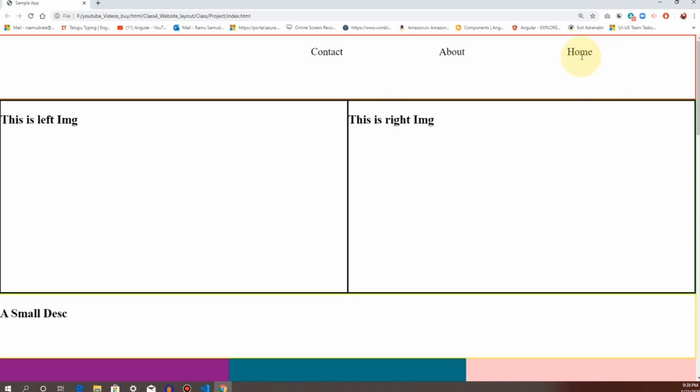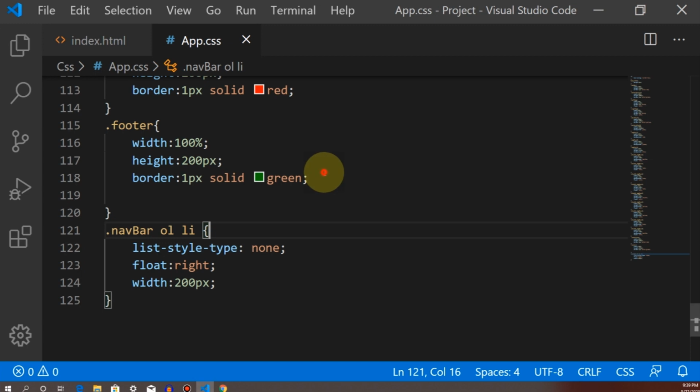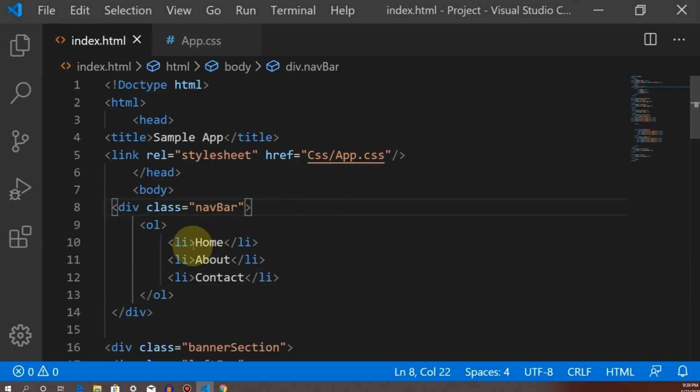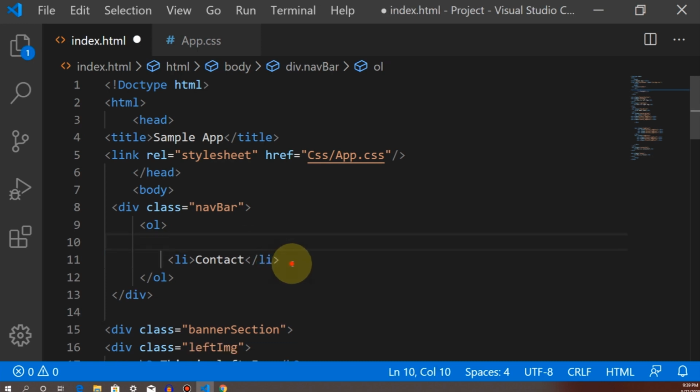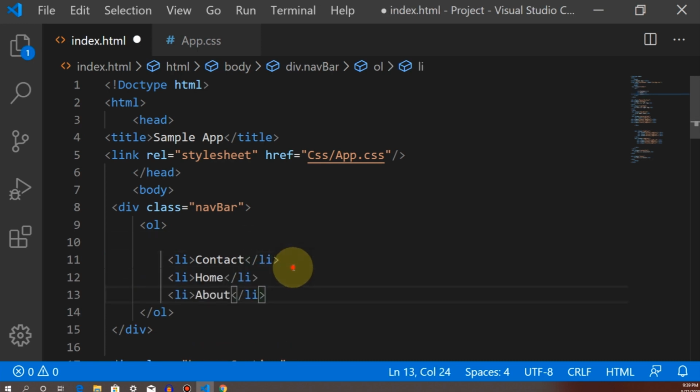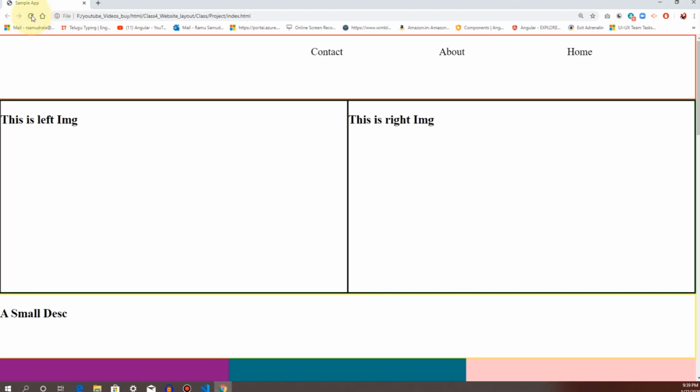So we need to display home, about, contact like that. For that we can mention reverse: home, about, after contact. Then it will display in the right order.